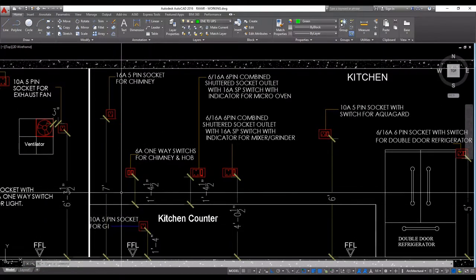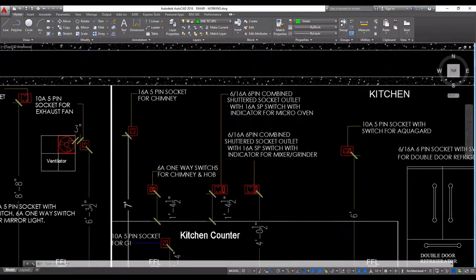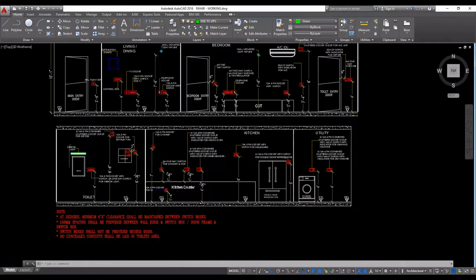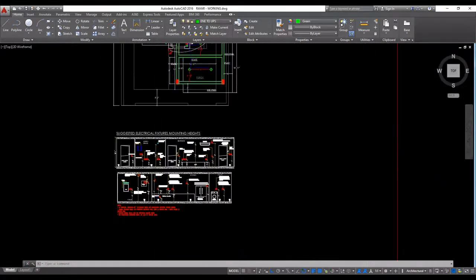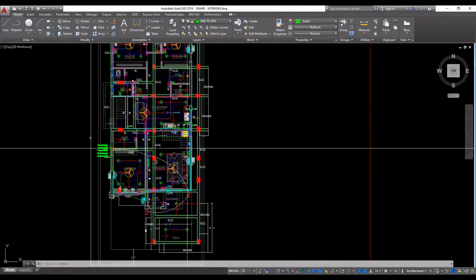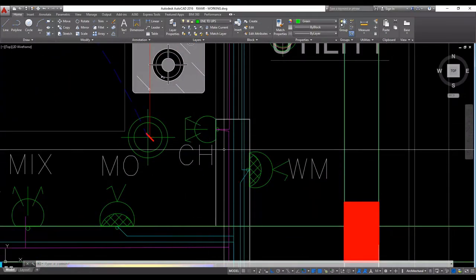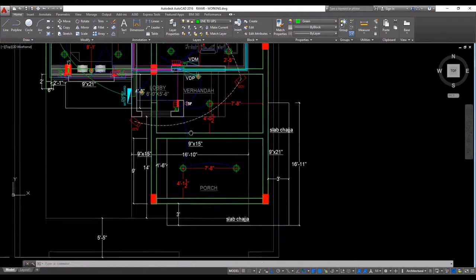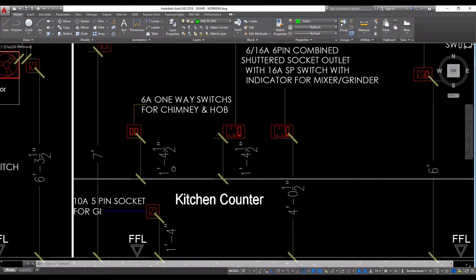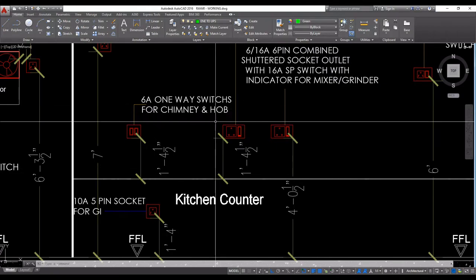And next, this is the 2 model 16 amps pin socket for the chimney. This is the height from floor level, 7 feet. This is the chimney. Okay, and next, 1 feet 4 and a half inch, 6 ampere one-way switch for the chimney and hob.